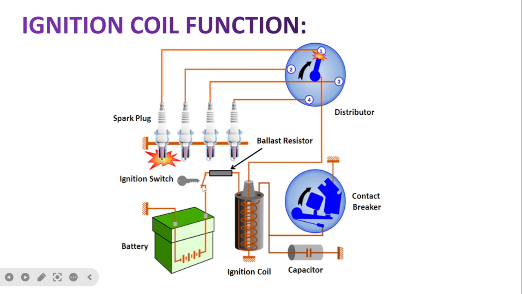So this 12 volt battery supply starts from here and is connected to the ignition coil on this side. The outer coil is wound like this and then exits to this side and is connected to the capacitor and to the contact breaker, meaning the distributor supply. And next, between the coils there is an inside coil which has a number of turns, and that is connected directly to the distributor end, okay.